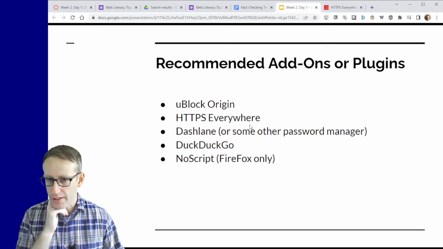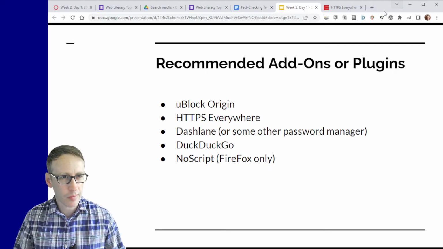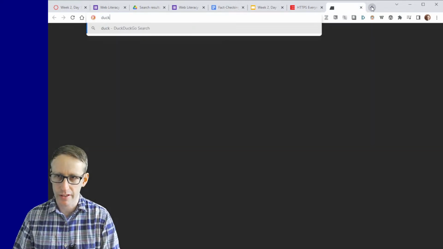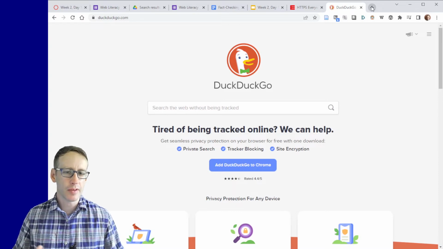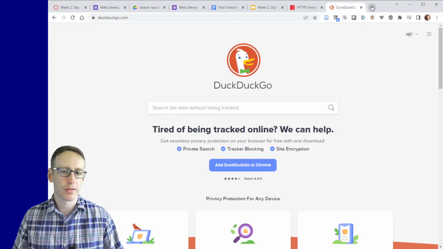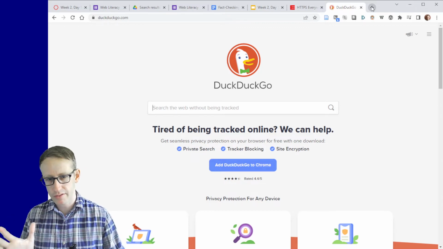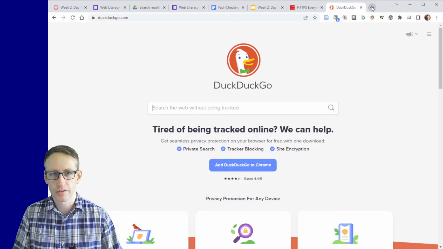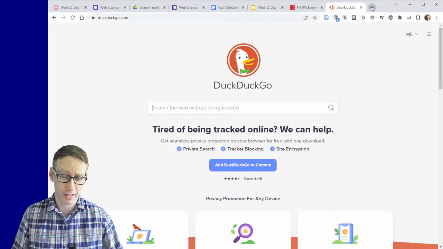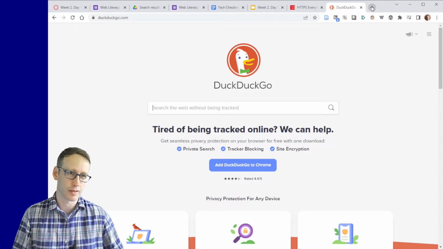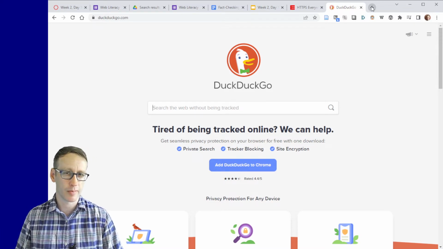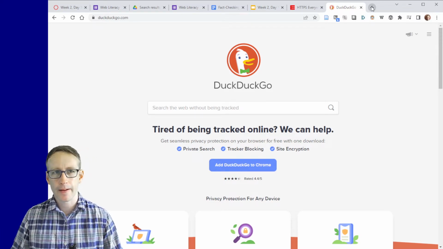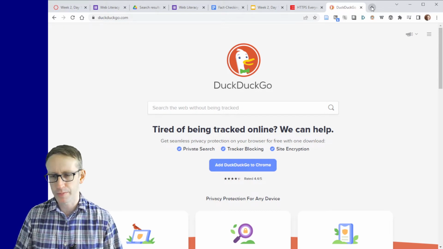is fine. DuckDuckGo is a search engine. They've been doing a lot of ads on the radio lately, so I don't know why exactly, but that's fine, I suppose. Their big pitch is that they are not going to customize your searching. Google does, though. If I Google myself on Google, then I'm very likely to come up with content about me because it knows it's me and it knows that I'm Googling myself. DuckDuckGo does not. So in terms of thinking about search engine optimization, sometimes it's useful to compare the two.